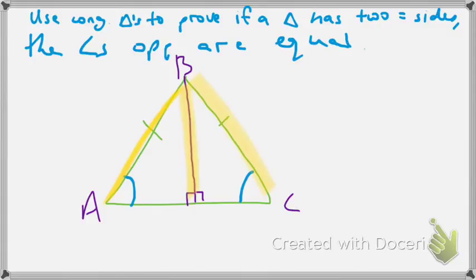I should have emphasized that I'm talking about the triangle on the left, the triangle on the right. And then I've got a right angle. So I've got my proof. I've got right angle,